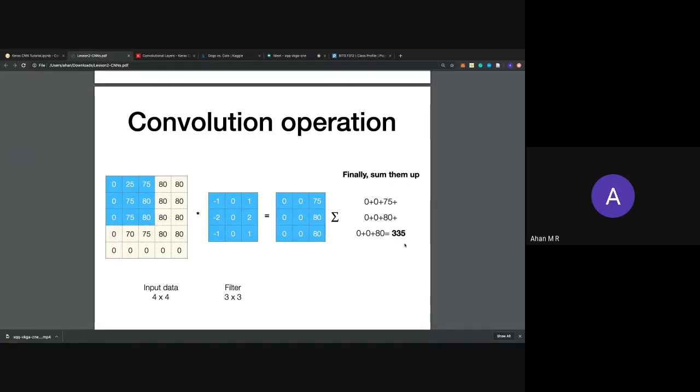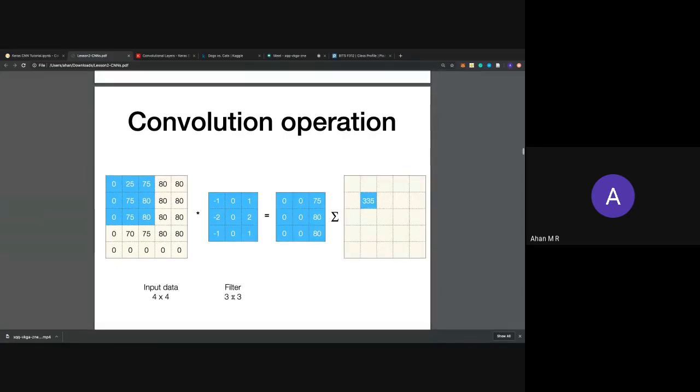A lot of people have problems here: if it's a three-dimensional image, what do you do? It's the same thing, except you perform the dot product with a three-dimensional filter. Depending on the number of dimensions of the image, the filter also changes. Here it is 3 cross 3 cross 1. If it's a colored image, it will be 3 cross 3 cross 3. The filters are initialized with random numbers using NumPy, and then through back propagation, the values of the filters are updated so that you can learn the most relevant filters.